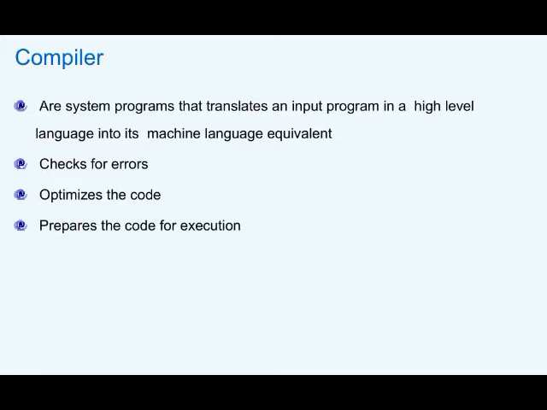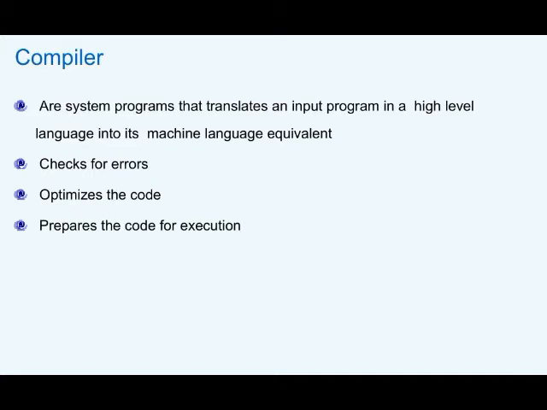Now we are looking at the target program, which we are saying is not the executable code, it can be object code also. Now the question comes, what is the difference between the object code and the executable code? Now if you look at, the object code can have the machine code, but there will be some unresolved references. When these unresolved references have been resolved, then we say that we have got the executable code.